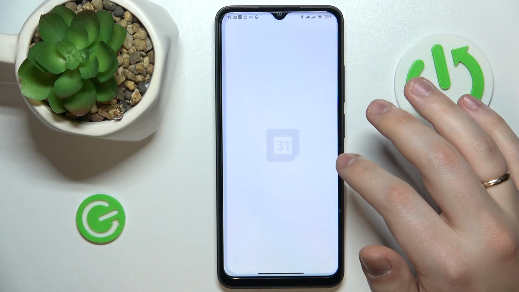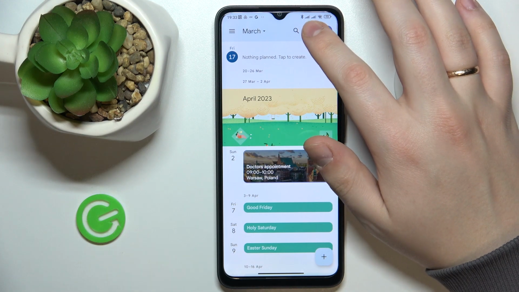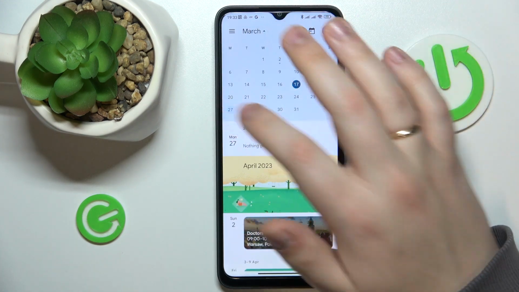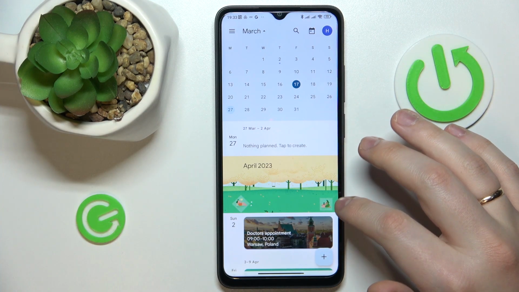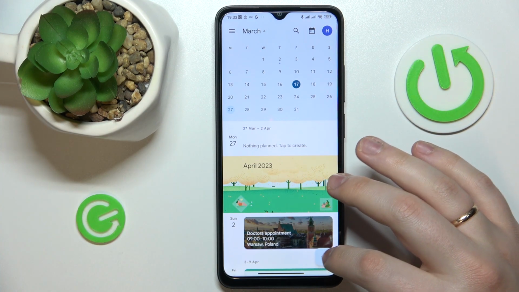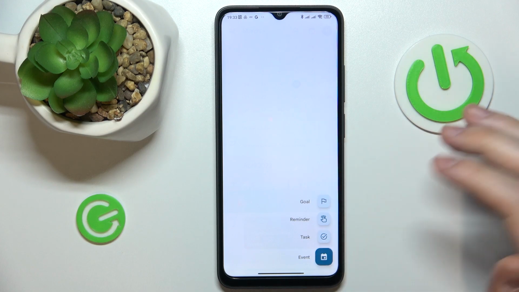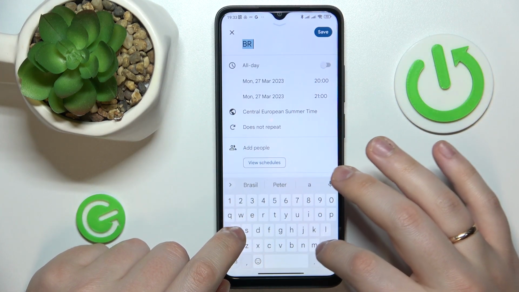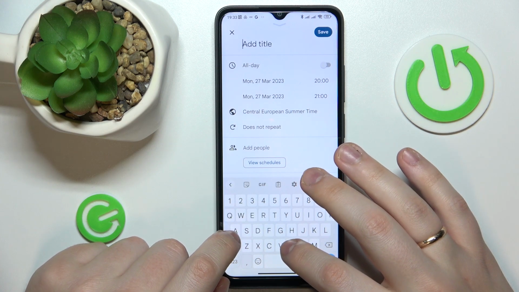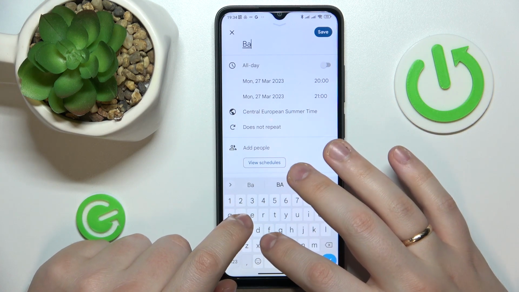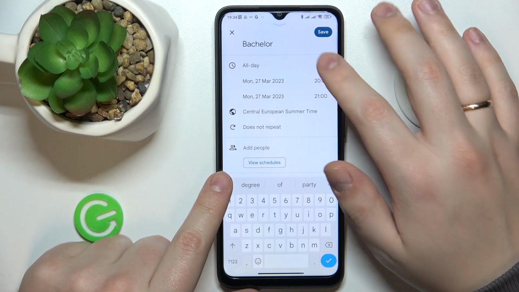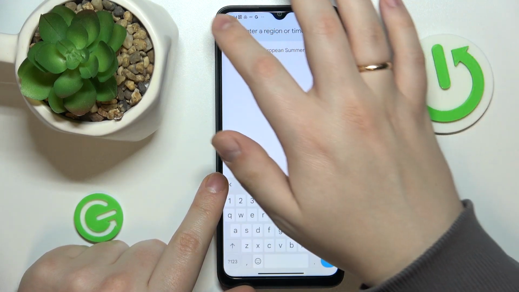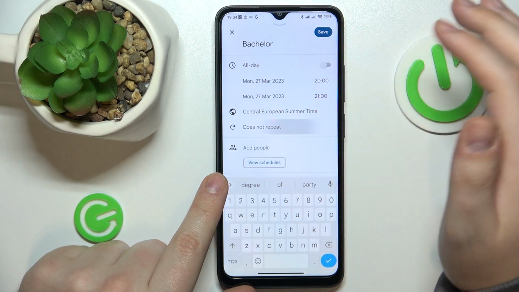Then choose the date that you would like to set an event on. I'll go with 27th of March, let's say. Then once the date is selected, tap at this plus button to your bottom right, choose the event option from the list, then set your event title. You can also change the time frames for this event to occur, make adjustments to the time zone,